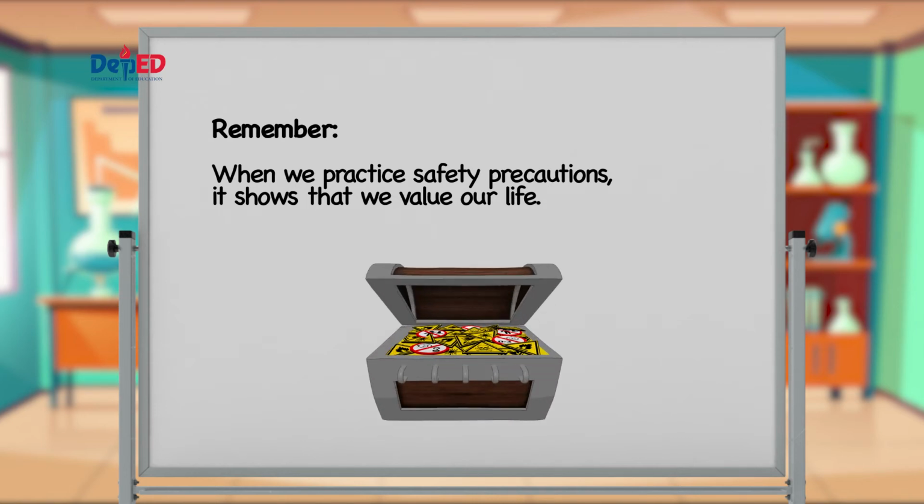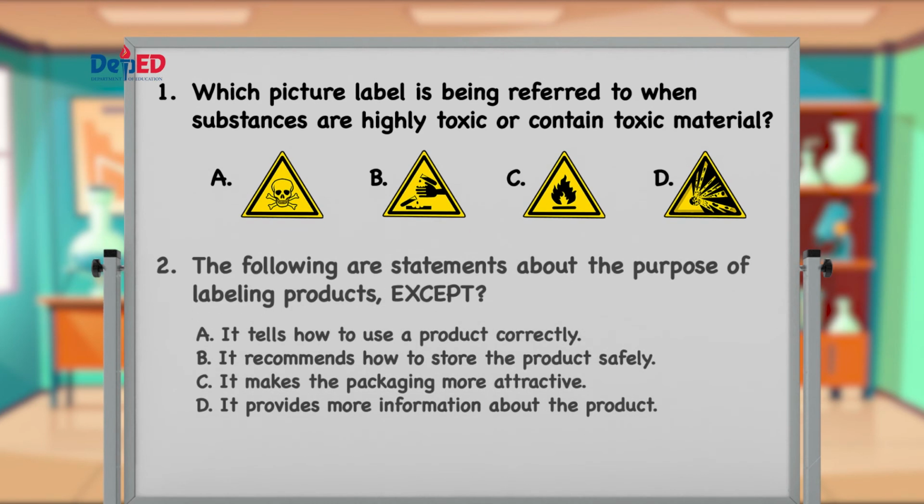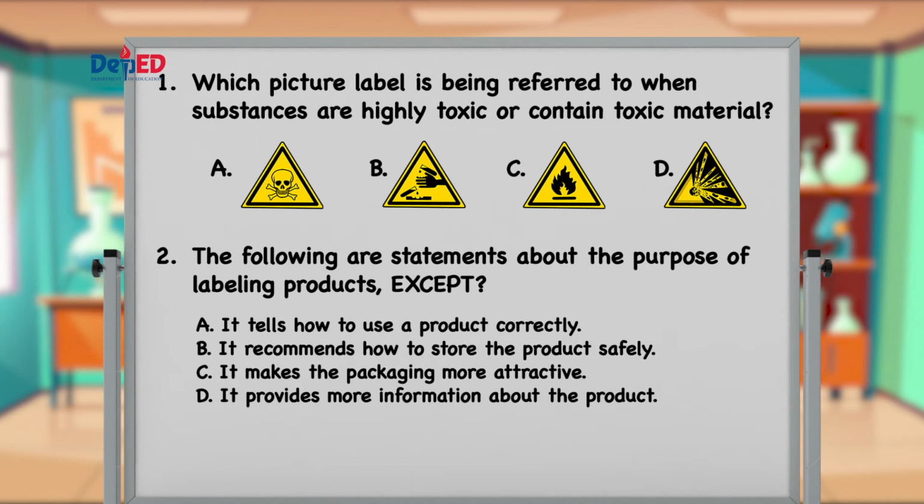Do you agree? Try to answer this for your final assessment. Read the questions carefully and choose the letter of the correct answer. Number 1. Which picture label is being referred to when substances are highly toxic or contain toxic material? Number 2. The following are statements about the purpose of labeling products, except